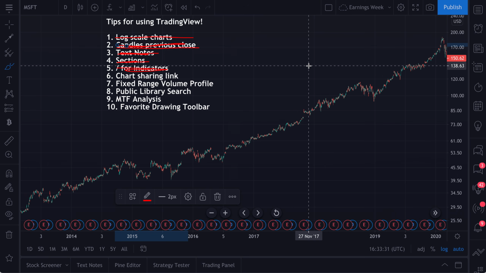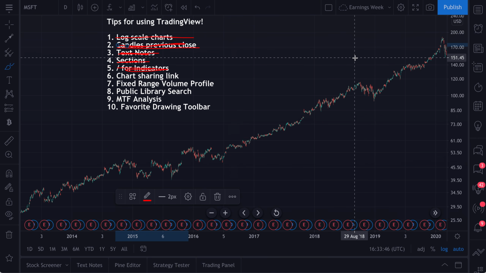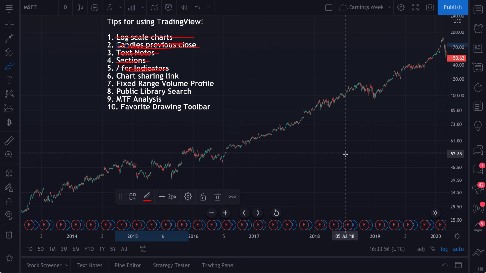For everyone who trades with friends, or invests with a group, or works with other people to study markets, you can share your live chart. If we wanted to share this exact chart with our text notes, with this exact time scale, everything about this chart, live with a friend, we can